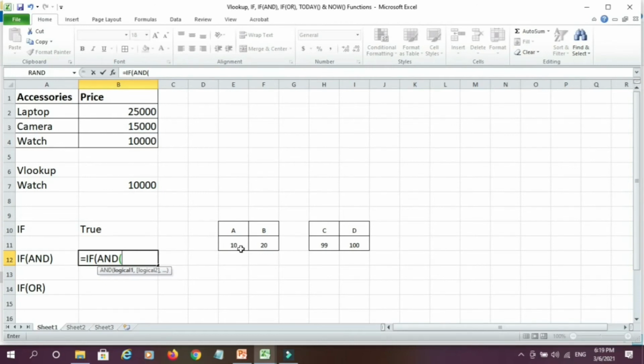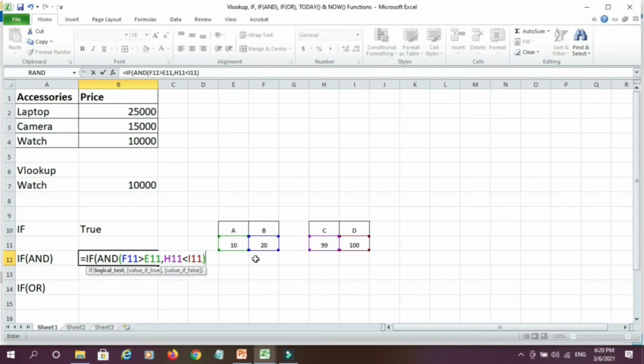The first condition I'm providing is whether B is greater than A, comma, second condition, logical test 2, whether 99 is less than 100. Bracket close.